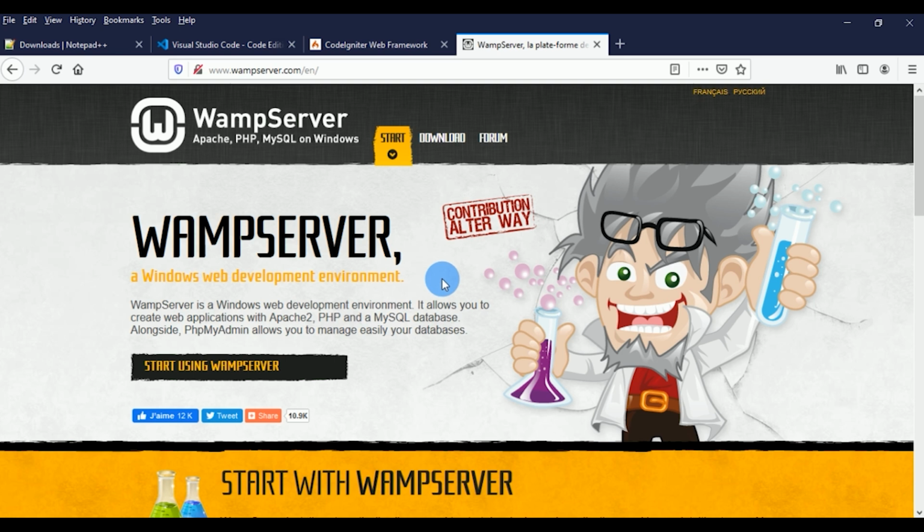Another tool that we need is our WAMP server. Actually, if you are using LAMP or XAMPP, there is no problem. But as for me, I'm cool with WAMP server. Don't worry, guys. Whichever server you installed on your system, we do better. I just want to use WAMP server because I'm cool with it. So if you want to follow exactly the tools that I'm using in this course, you can go ahead and go to